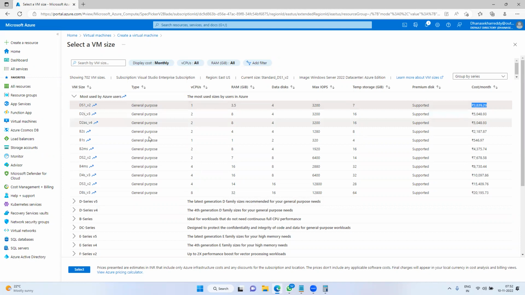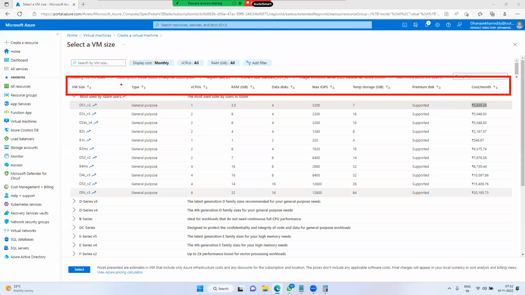Yes, one question. Does each CPU have 32 GB RAM, or for 8 CPUs it is 32 GB RAM? 8 CPUs is 32 GB RAM. Here it is giving the count. If you go for the header, here we can check the size: VM size, type, CPU, RAM, disks, maximum IOPS, temporary storage, premium disk, cost per month.